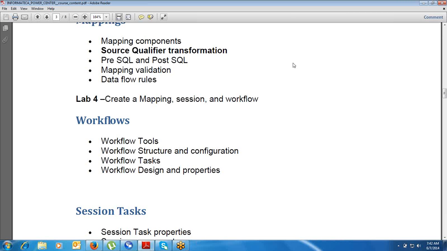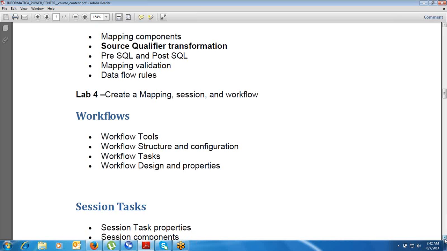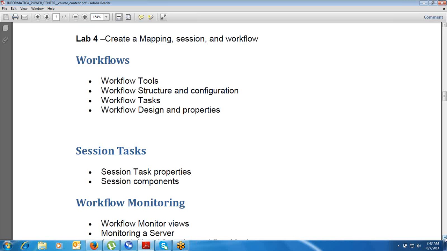So you need to create these particular tasks. Okay. So we will learn how we particularly design a workflow, what all its properties are, what are the session settings that we need to do for it, everything in a workflow. Okay. And similarly, we will have the session task also. What are the properties we need to put for the sessions. Then moving ahead, we have the workflow monitor.